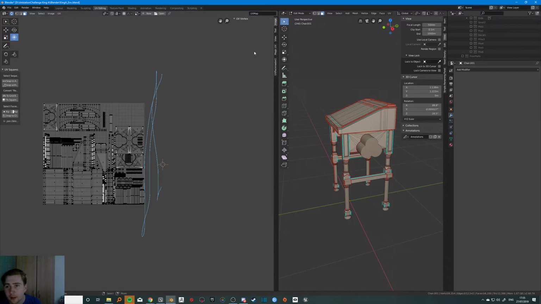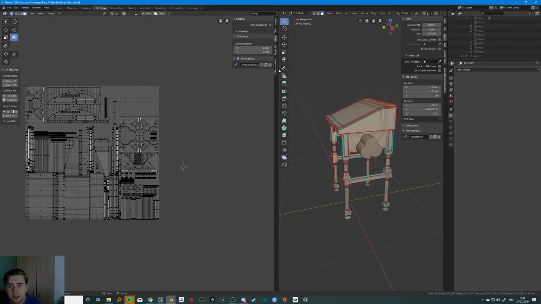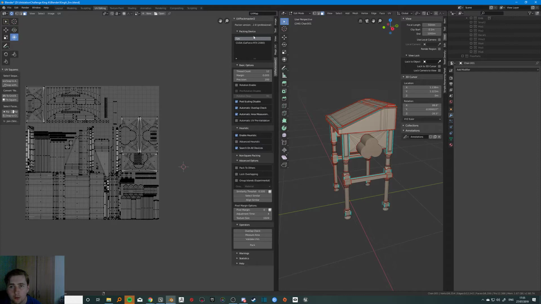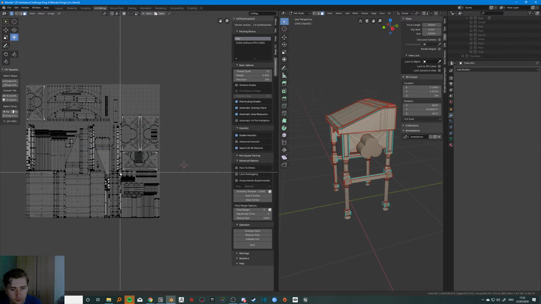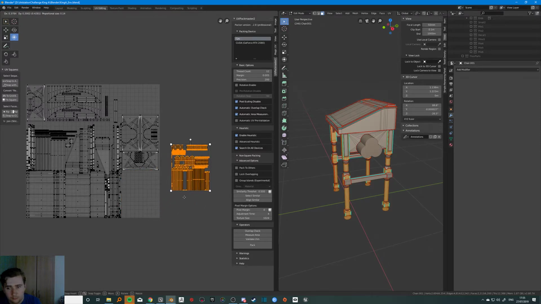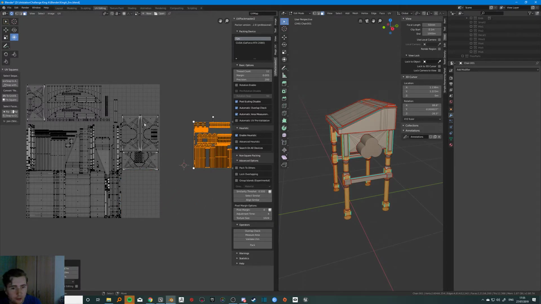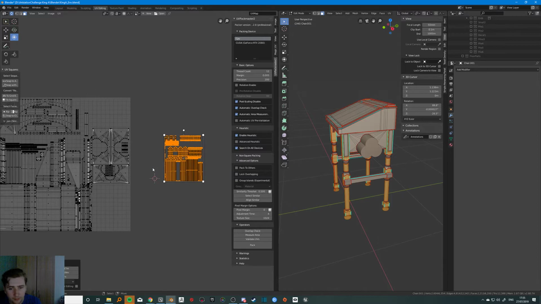Oh my god, I can't get rid of that annotation now. But when I'm unwrapping, I definitely don't want to have to rotate everything. So as you can see, I can disable the rotations, and then the final thing is, if I've got all this stuff separate and it's all over the place,